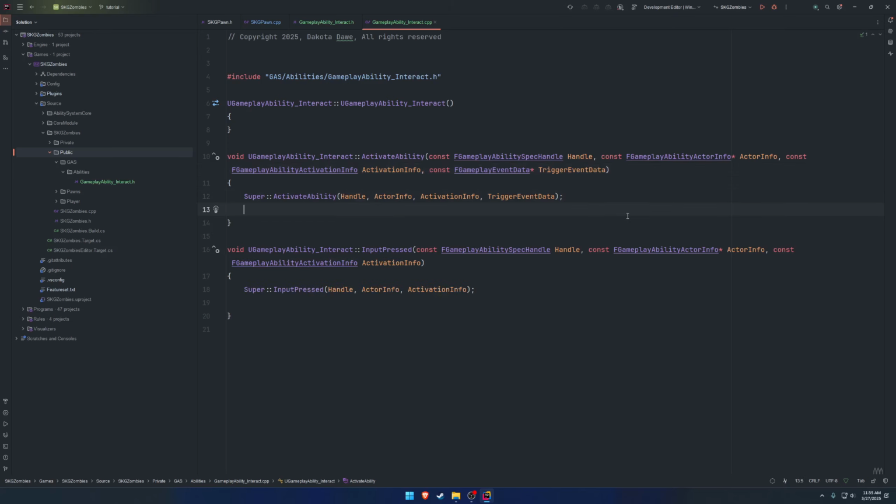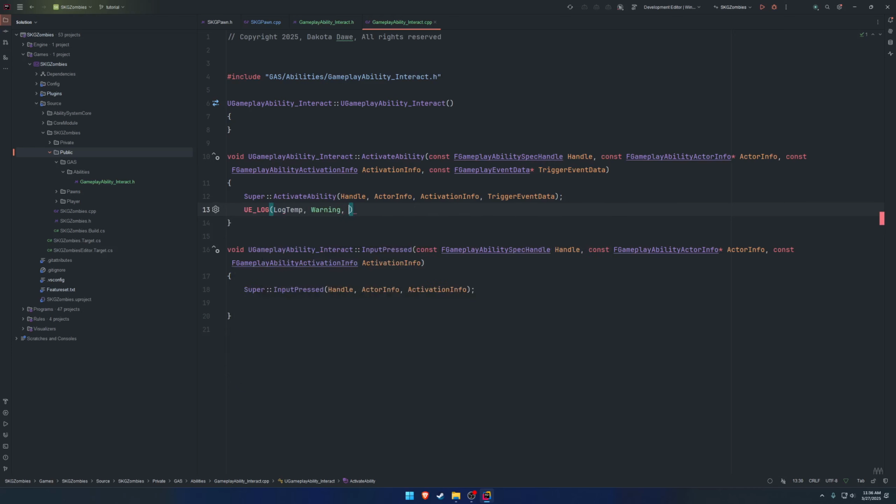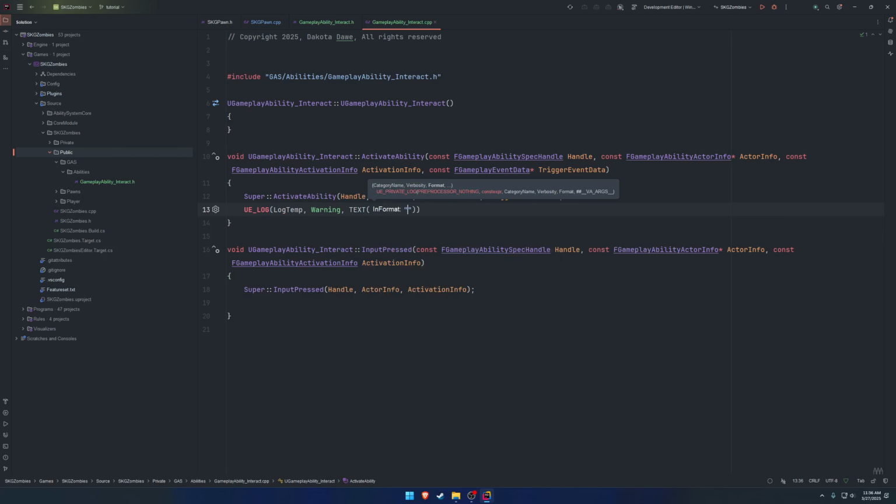And we can go ahead and write our logs. So UE log, log temp, warning. I just like warning because it shows up yellow. Text, let's just do activated input ability. Or better yet, name of the function. Now we can do the same thing, copy, paste, and change activate ability to input pressed, just so we already